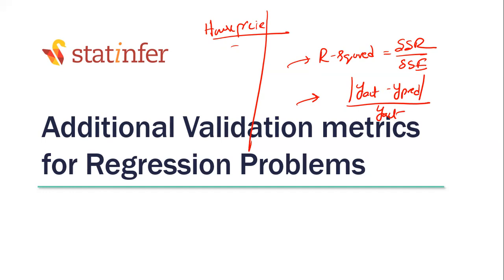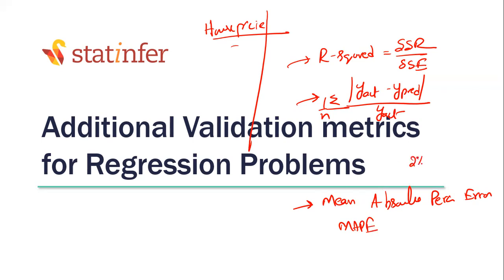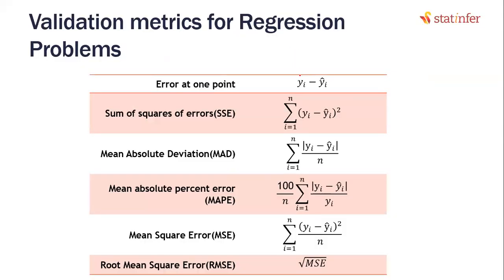That is the absolute percentage error. Take the mean of all this. That means sum divided by count, 1/n times the summation of all these values. Do you remember the name of it? Mean absolute percentage error, and it is usually known as MAPE, isn't it? If MAPE is 2%, that means 2% is the error. Y actuals and y predicted on an average are 2% deviated. So if you look at the regression, it is very simple.